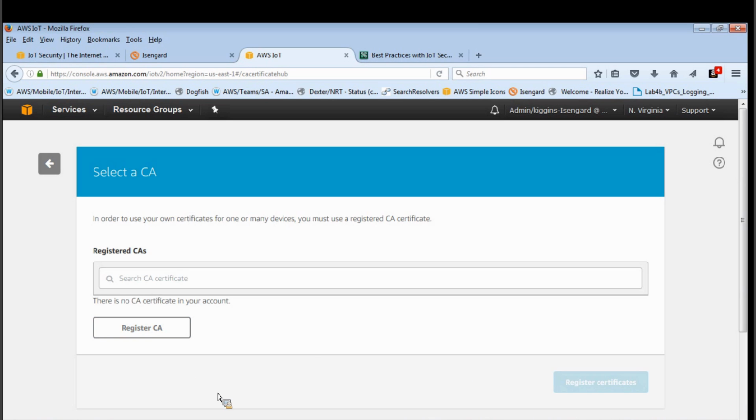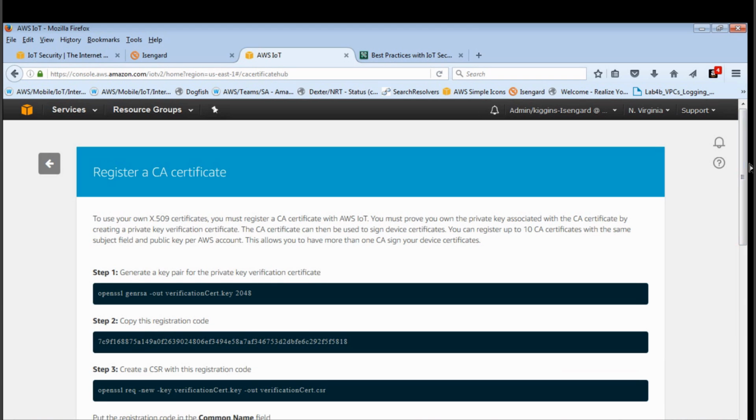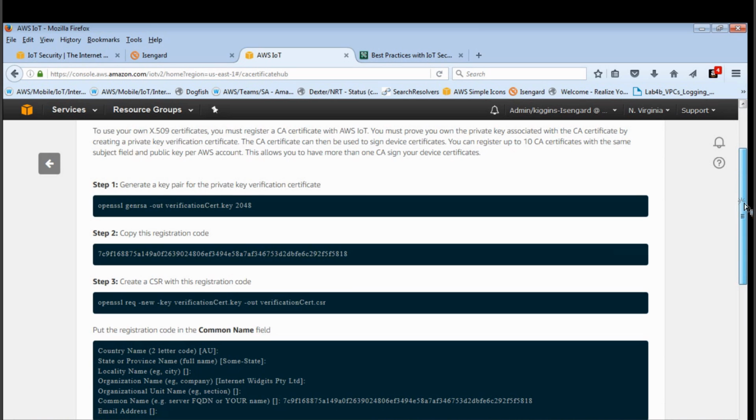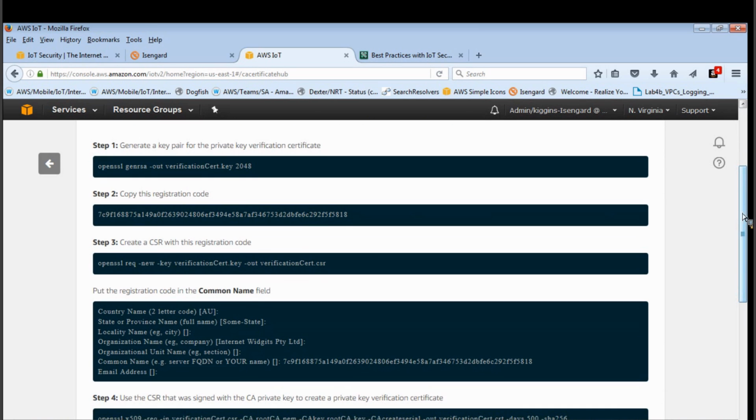So I don't have a CA certificate in my account, so I'm going to register one. And it's a really, really simple interface, and it actually walks you through the entire process of how you go about generating your key pair for your verification, and then how you actually use that to verify that the root CA certificate that you're going to install actually belongs to you. Because obviously you could go out and get a certificate, present it as your own, and it may not really be yours. So this step